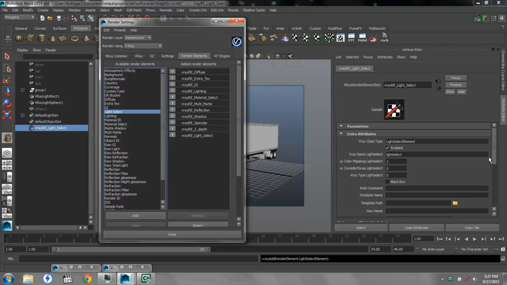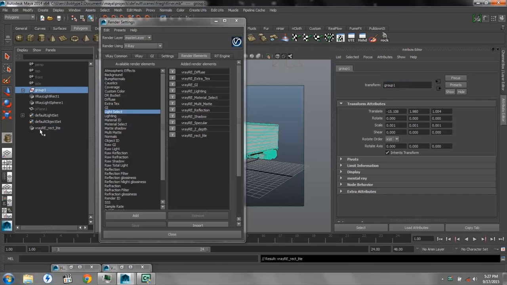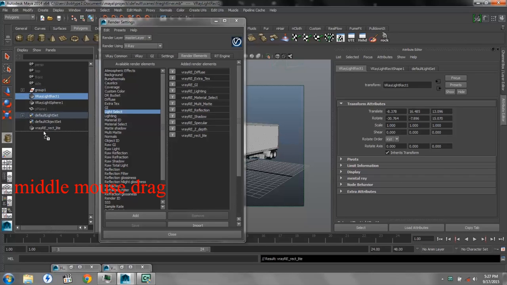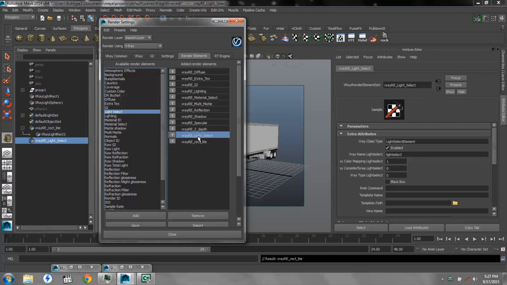We're going to add the light select layer. First, we're going to change the name to V-Ray Rectangle Light. You'll notice that it shows up. We need to middle mouse and drag our V-Ray Rectangle Light, and it will put a copy under the node. Then we're going to add a second light